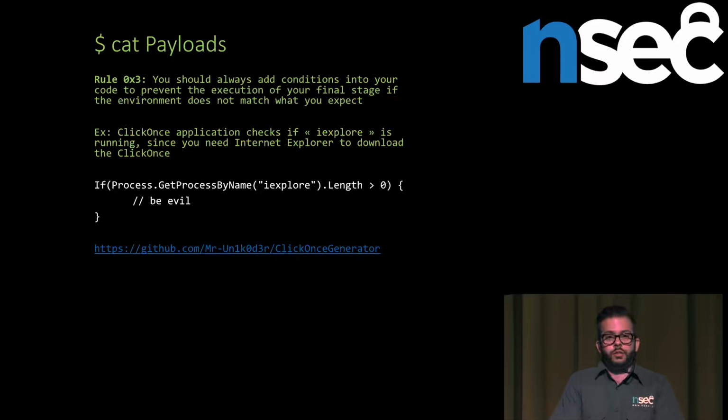Uptime, for example. If you're targeting someone right after lunch and the computer was open for like 5 seconds, maybe it's another shady sandbox that just fired up. Activities: look at the clipboard, look at the network traffic that you're receiving. If the clipboard is empty, that may be the case, but usually people are copy-pasting stuff all day long. So if it's empty, that's another good sign that you're probably looking at a sandbox right now.